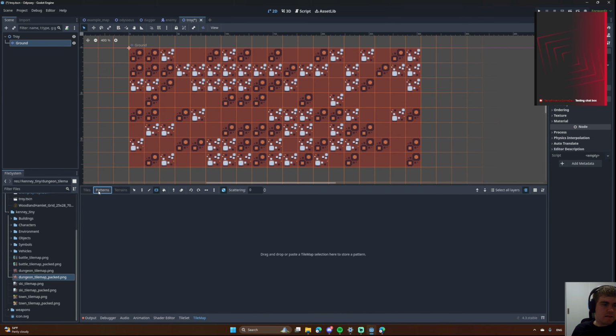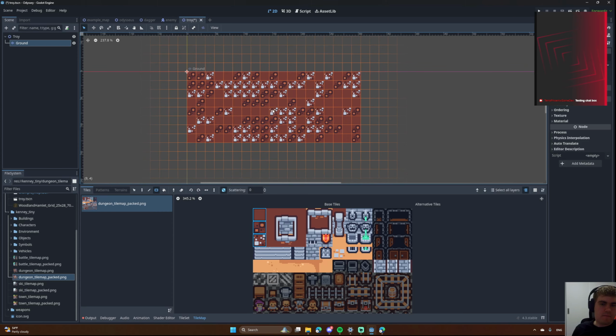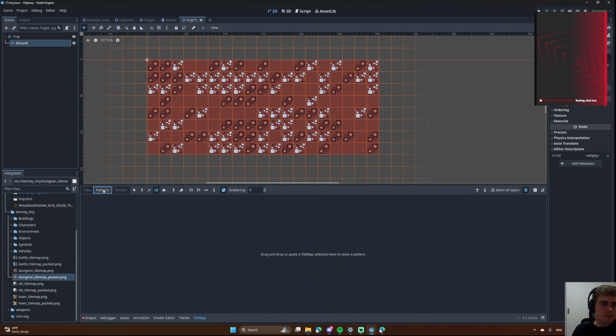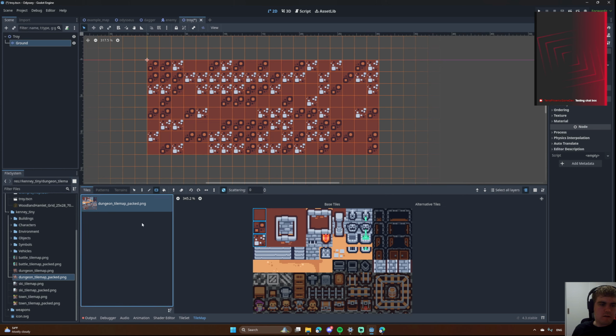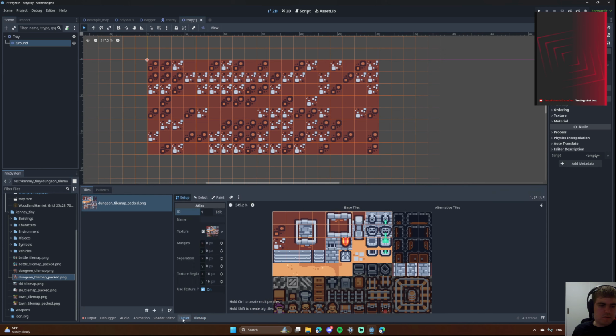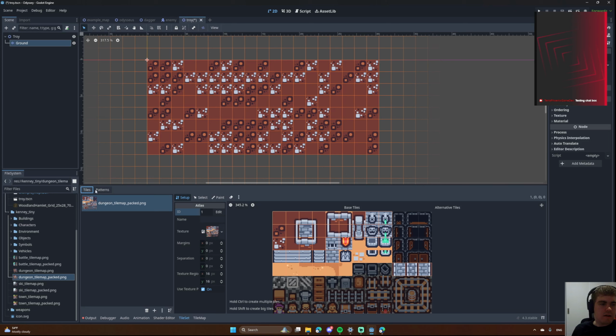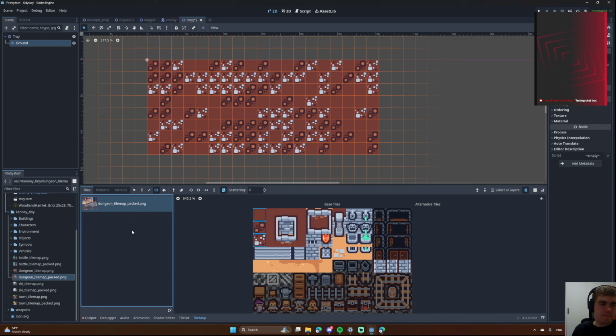How do I set up a terrain pattern? Drag and drop or paste a tile map selection here to store a pattern. So this is add new patterns in the tile map editing mode. Why is it even here then? Why is it available in the tile set tab? Okay, so if I copy that,